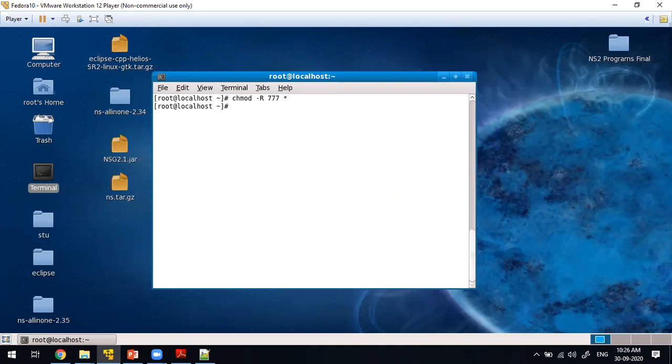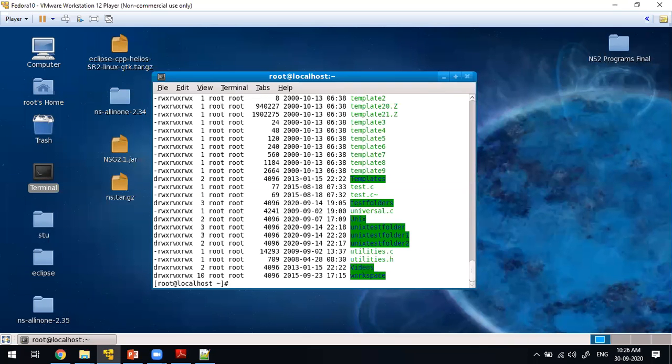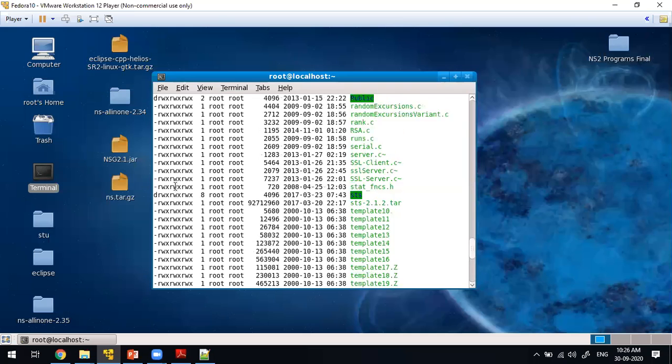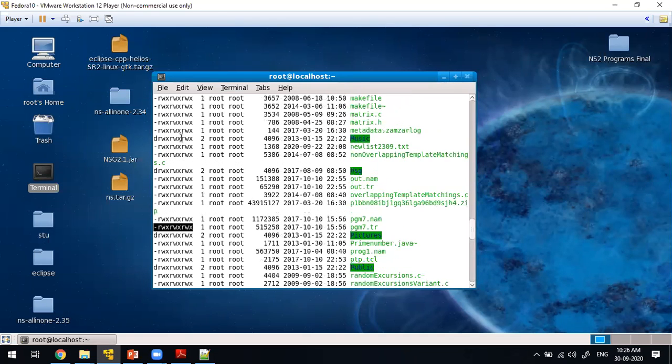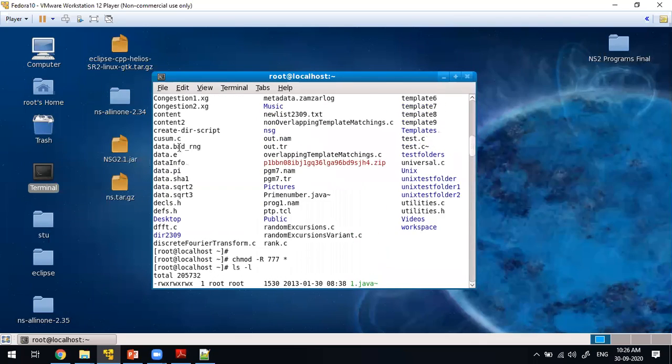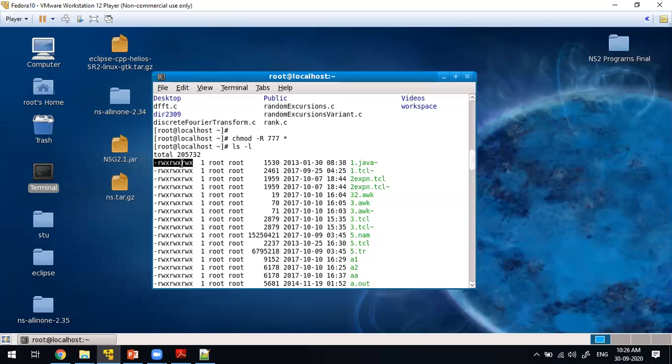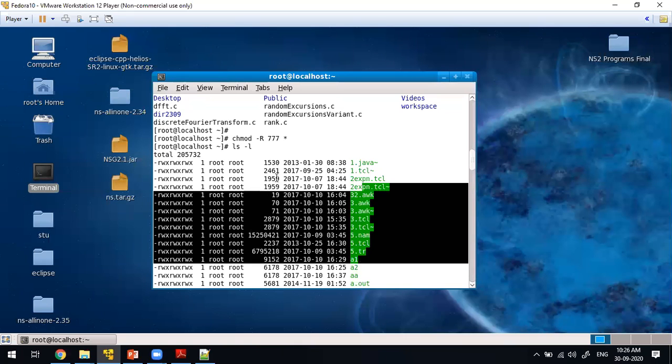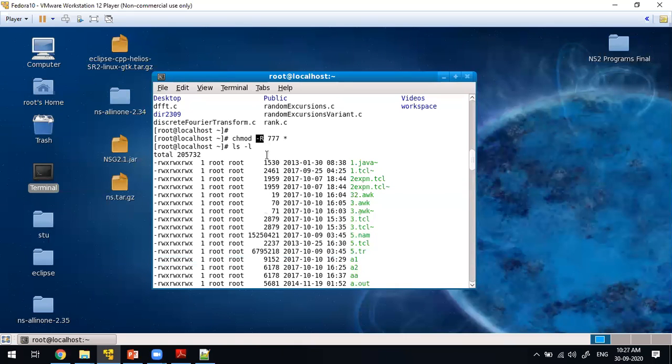Since it has to assign permissions to so many files, see, it took some time. And if you check ls -l, see, for all the files it is full permission: read, write, execute, read, write, execute. For all, it can be a directory or anything. For all the files, full permission is given. If you want to assign like this to all the files, you have to use this recursive chmod -R. Full permission or anything, 751,